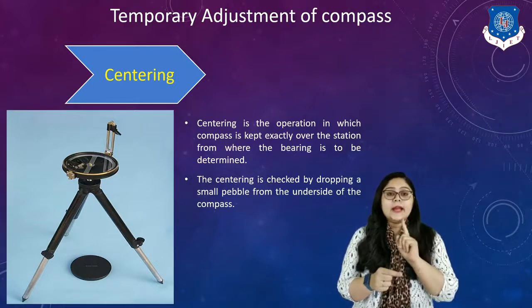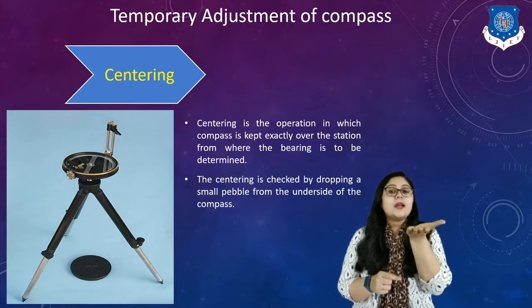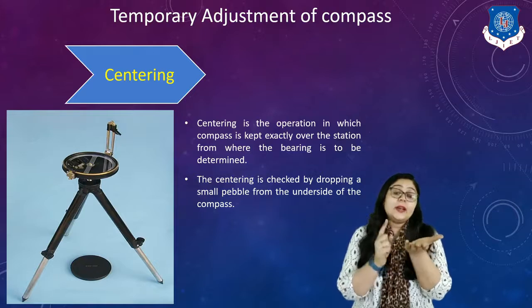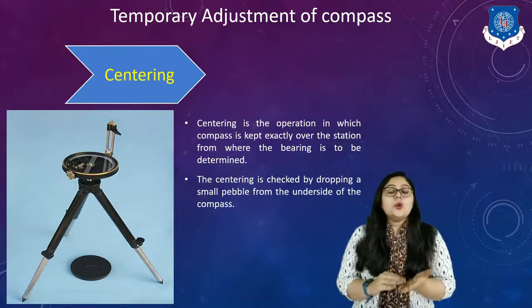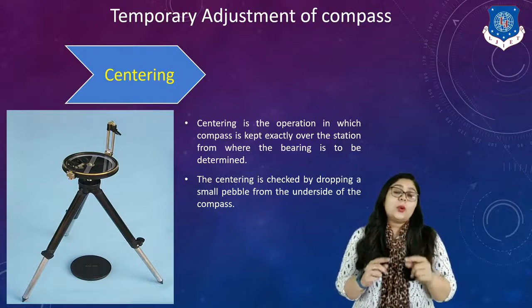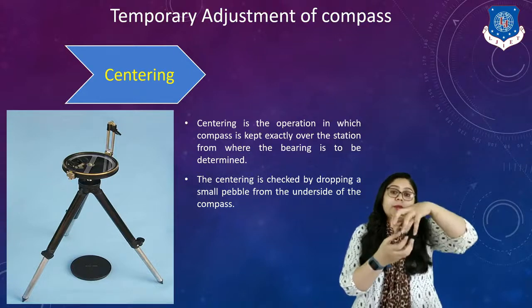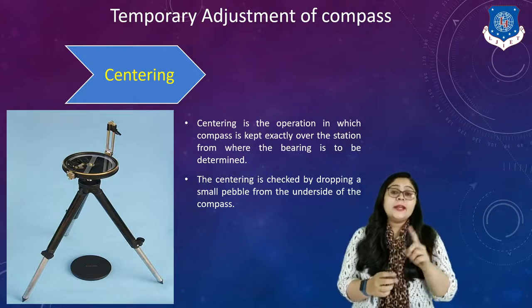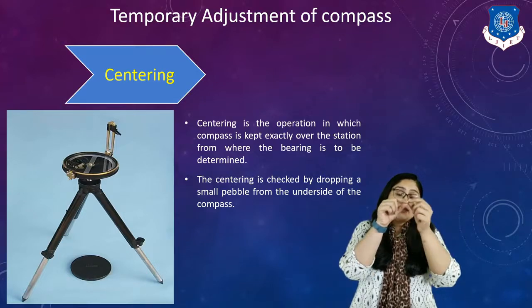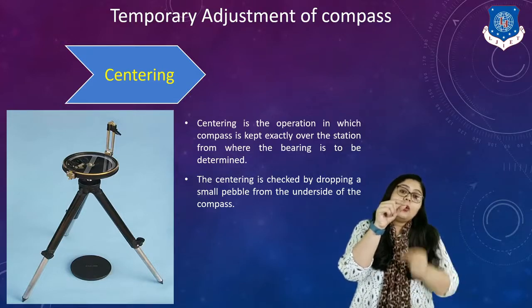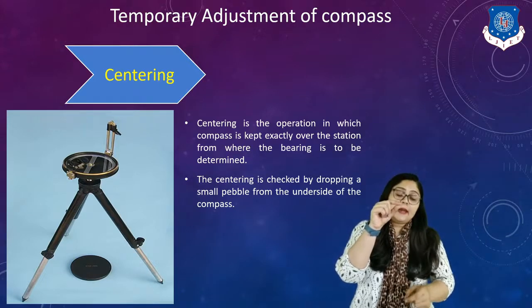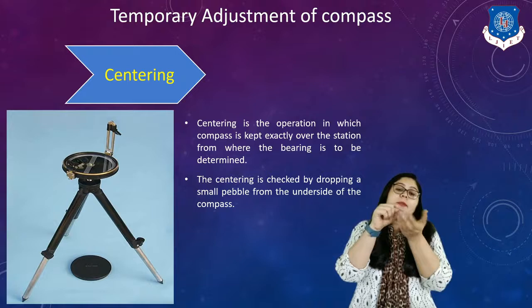At my eyesight, I am trying to adjust the compass because it is very easy to take readings at our eyesight. Again, it is very precise. So, putting our compass at our eyesight, we have to use the tripod. When we arrange our compass on it, the first task is that the center of the compass is exactly over the station point. It means if a station point A is there, I have to arrange my compass exactly over it.